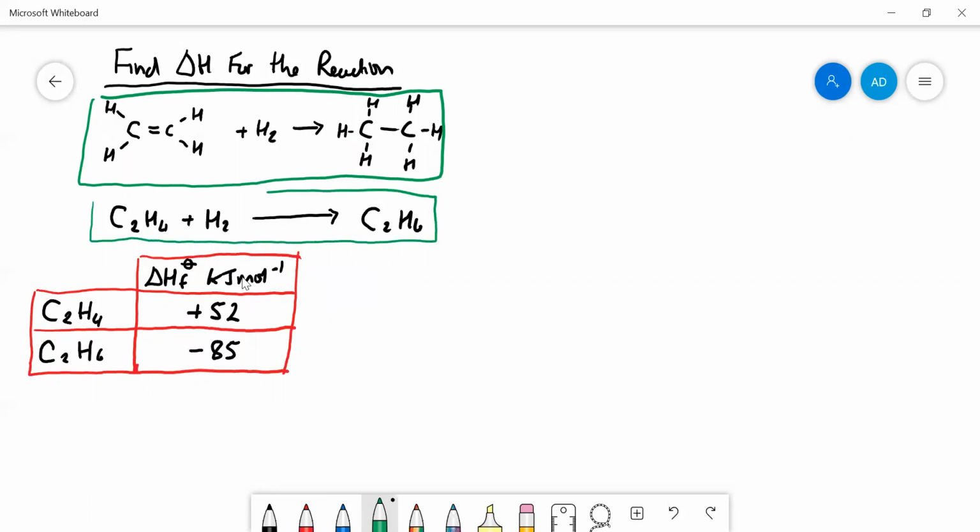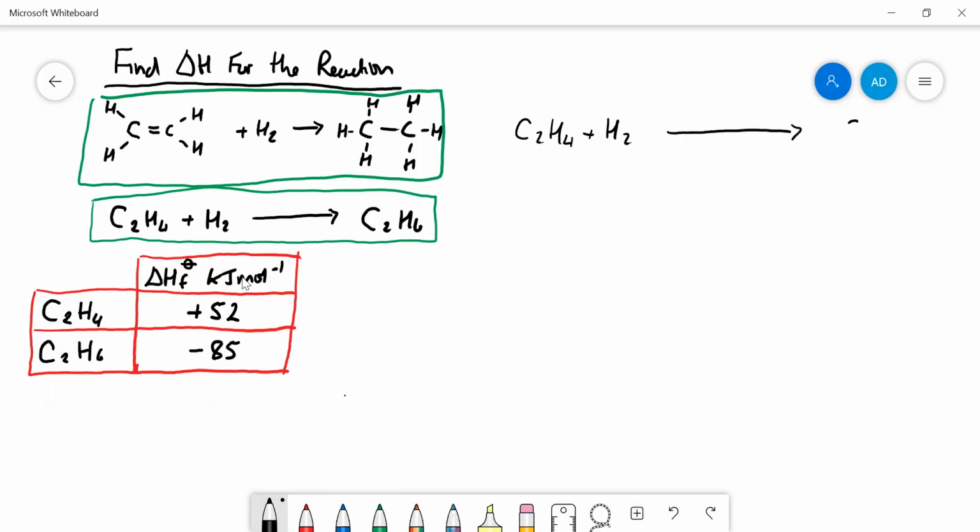All right. And what have they given us data-wise? They've given us delta HF. Okay, so when we do that, normally we draw a Hess's law cycle. This should all be revision, and then I'm going to show you how to do it a slightly different way. But let's do the old way. We write the equation up here,